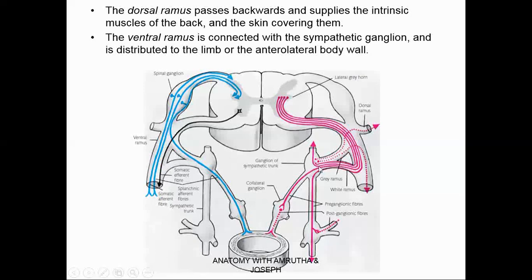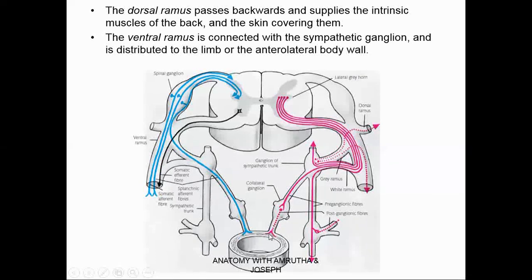And another fate of white rami communicants is that they don't relay here, they don't go upwards or downwards, they go directly into the viscera. There are some ganglia which are related to the viscera and to the sympathetic system. They are called collateral ganglia. So they go to this ganglion. So they are again a collection of cell bodies there, and they relay here, and from there postganglionic fibers arise